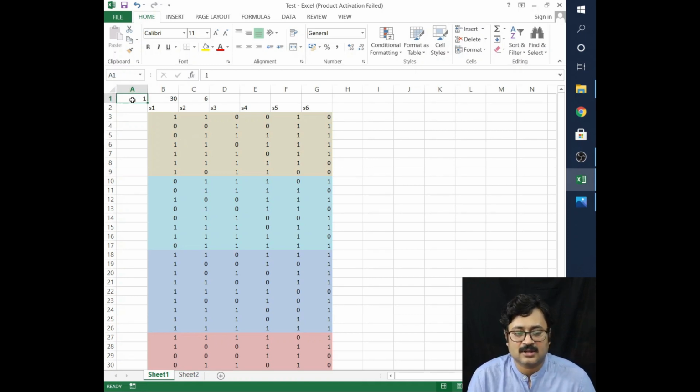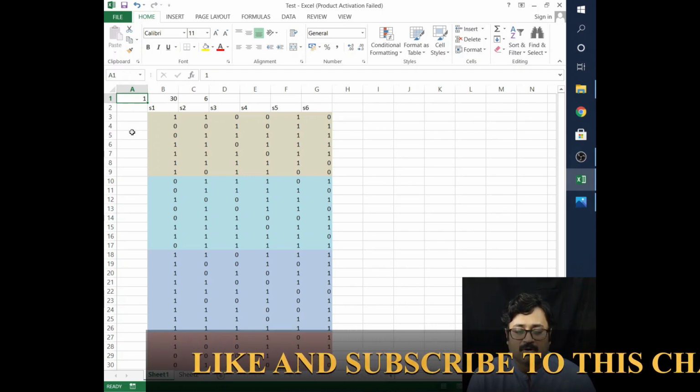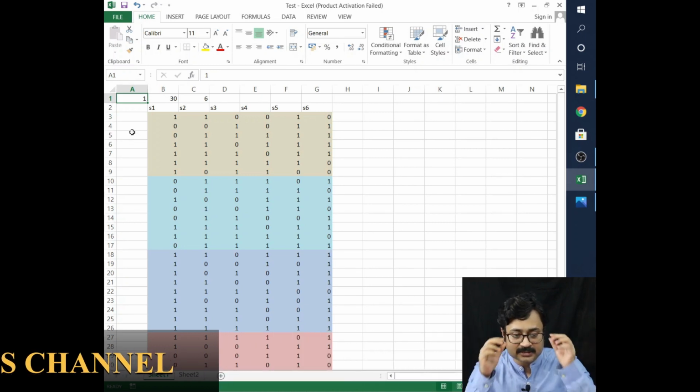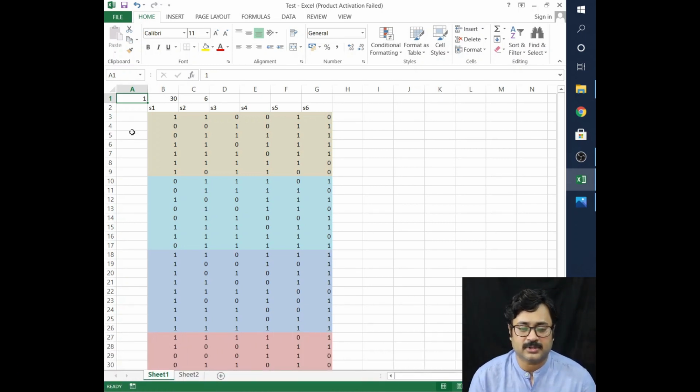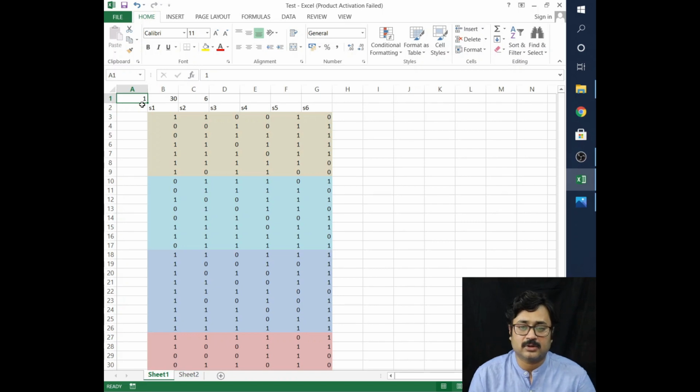So what is this? In the first cell, that is A1, we have to write 1, as it has been written here. That is the total number of pages in which your data is present. Suppose in this case our data is in only one page, so I have written one. If my data were in 2 pages, then I would have written 2 here. Whatever you write here, the software will take into consideration accordingly.